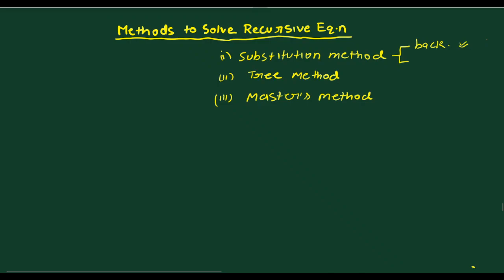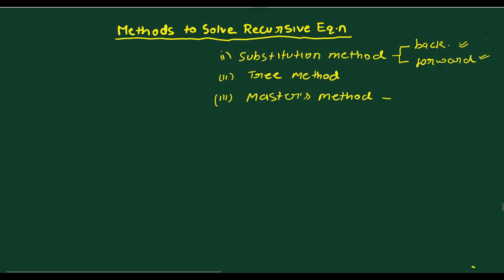This is the method we generally use to find the recursive equation's solution, but there is also a method called forward substitution, where given a solution, we try to verify whether the known solution is correct or not. This forward substitution we will see at the end of the video.